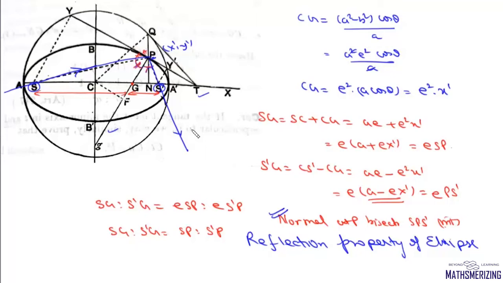Now the question is: a ray emanating from the point (-4, 0) is incident on the ellipse mirror, which is 9x square plus 25y square equals 225, at the point P with abscissa 3. Then the equation of the reflected ray after first reflection is AX plus BY plus C. Then the value of mod B is.